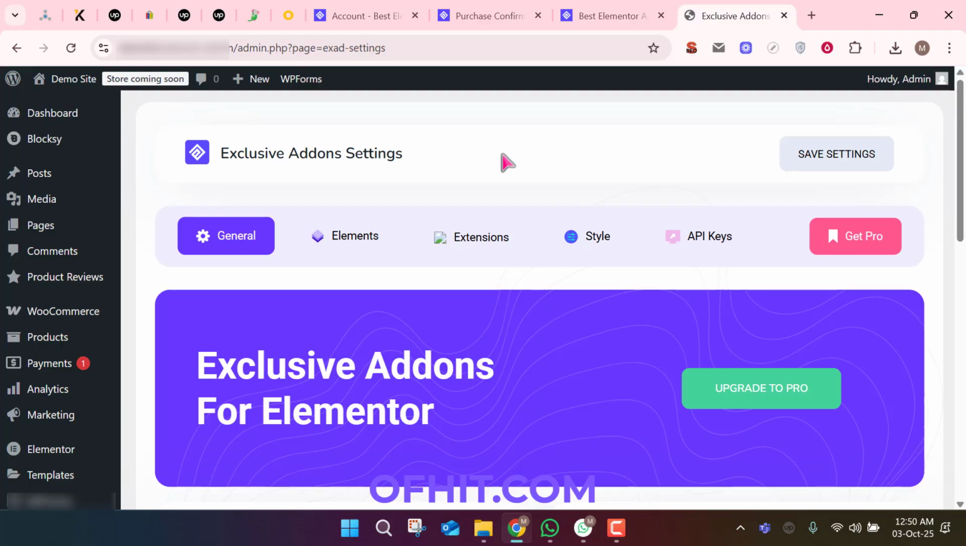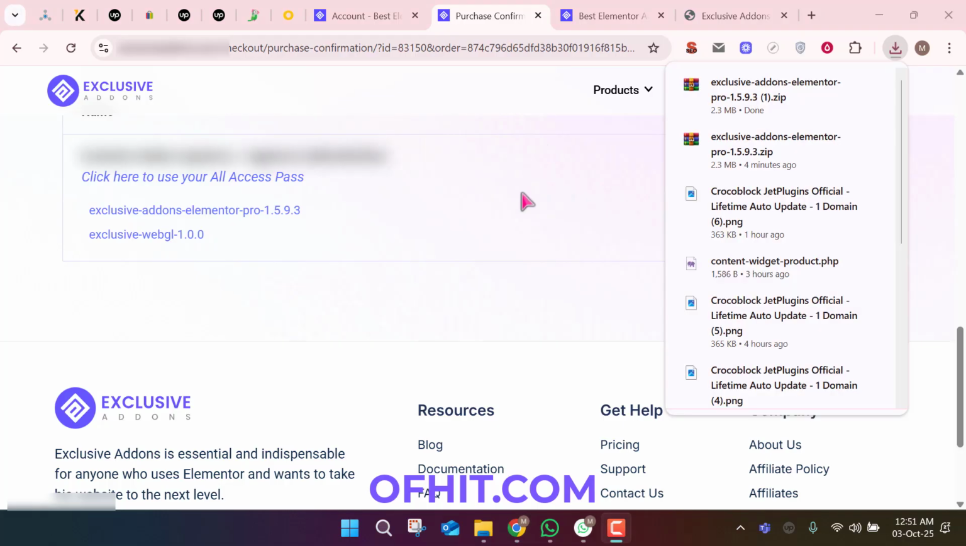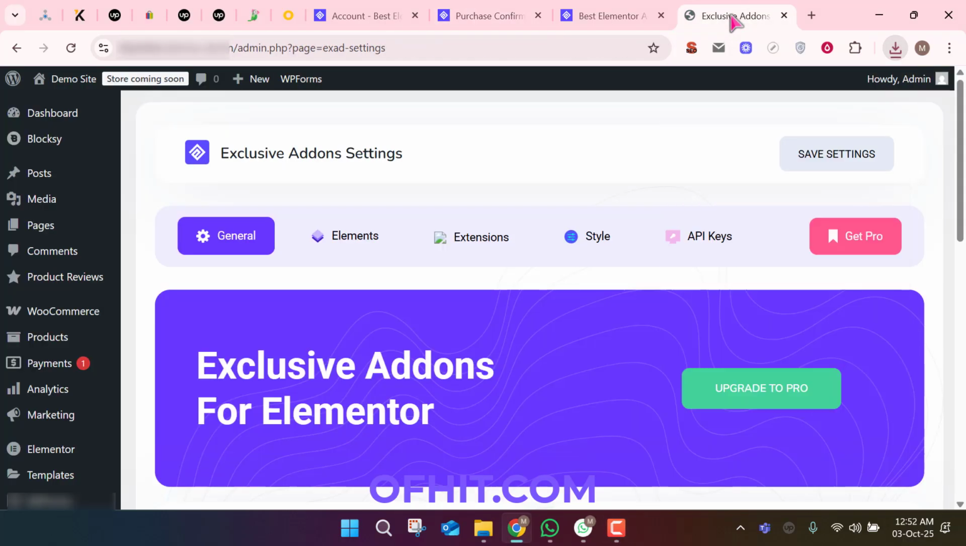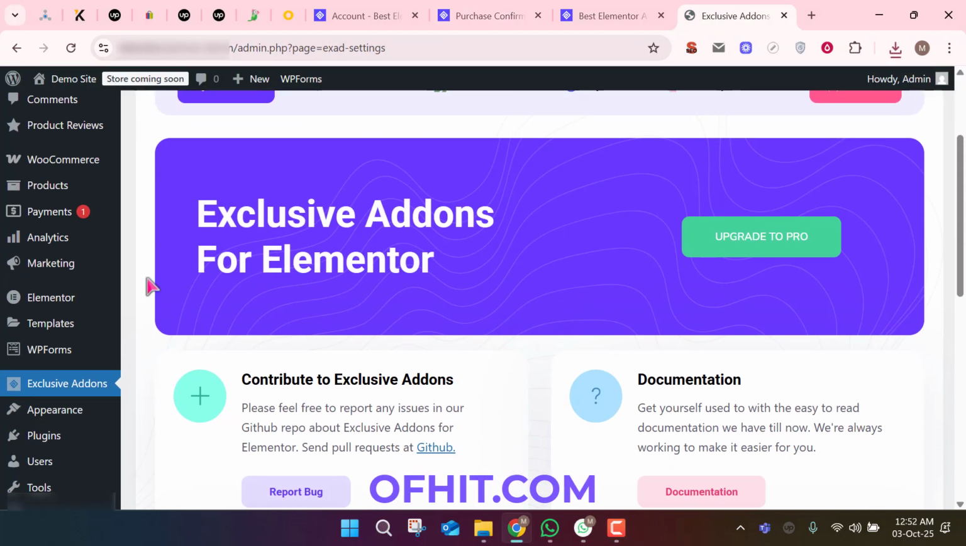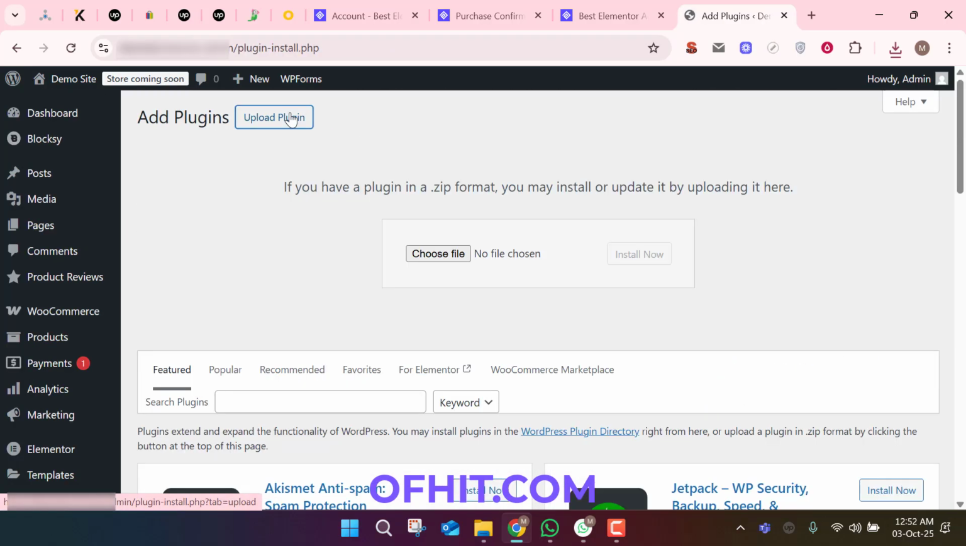And now I'll go to their official website and download the Pro version plugin. So click on here. Look at here, download has started. Download is completed. Now back to our website and then again go to the plugin section, then Upload Plugin and then just